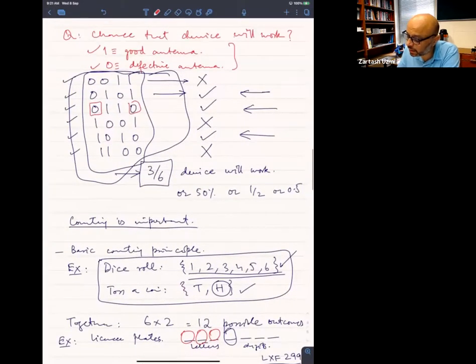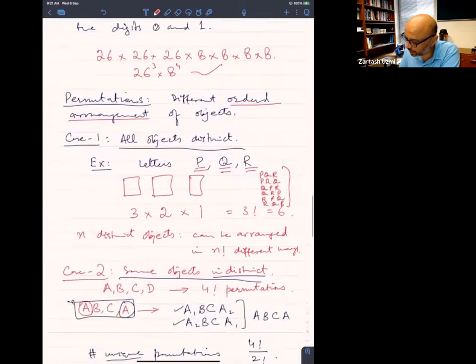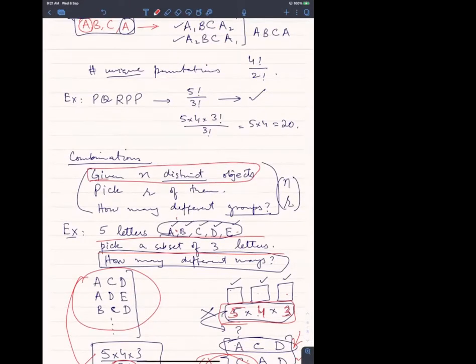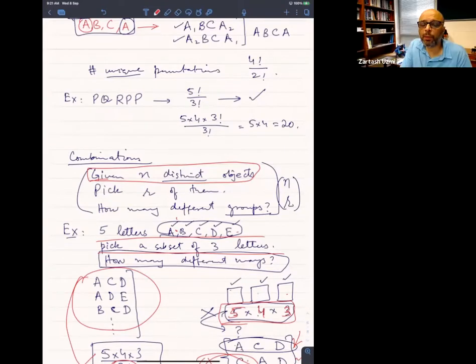इसको कॉम्बिनेशन से हम इसलिए नहीं करेंगे क्योंकि ये देखें, इसमें जो 2 गुड एंटेनास हैं और 2 बैड एंटेनास हैं, ये एक जैसे ही हैं, डिस्टिंक्ट नहीं हैं। कॉम्बिनेशंस के लिए अप्लाई करने के लिए ऑब्जेक्ट्स का डिस्टिंक्ट होना जरूरी होता है। तो डायरेक्टली उस पे कॉम्बिनेशन या परमुटेशन नहीं लगेंगी, कुछ ट्रिक लगानी पड़ेगी उसके ऊपर, एंड दैट ट्रिक इज एक्सप्लेन्ड इन द नोट्स जो हम शेयर करेंगे, ठीक है।